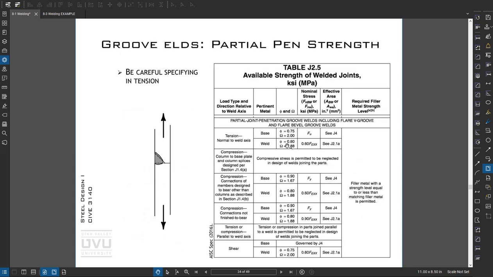Let's say we're designing a partial joint penetration groove weld. So we have tension normal to the weld axis. Our base metal strength